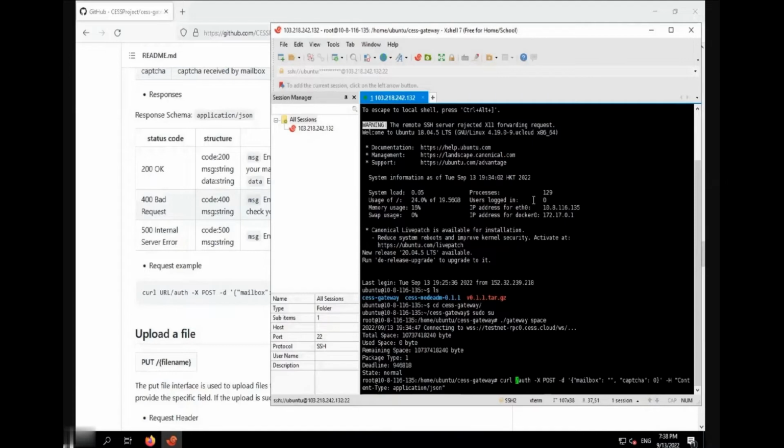Currently, for the SES test network, the URL is http://127.0.0.1 and the port number is 8081.